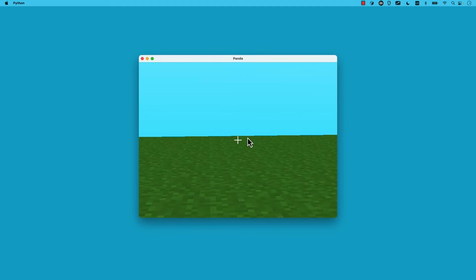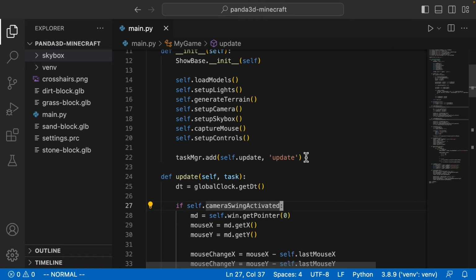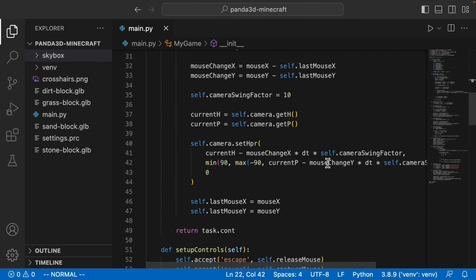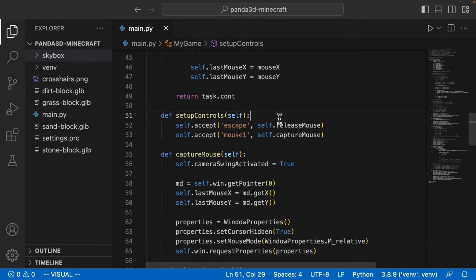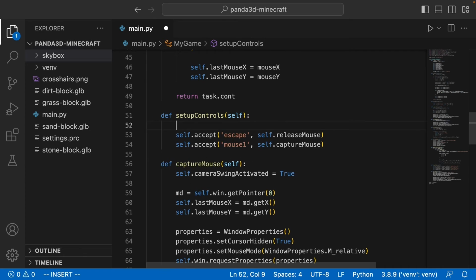Awesome, so now that we're able to move the camera around with the mouse, the next thing that we're gonna do is allow the player to move with the keyboard keys. And the first thing that we need to do is create something called a key map that will keep track of what keys are held down at any given point in time. All right, so what this is gonna look like is we're gonna scroll down and find our setup controls method, and inside there, we're gonna say